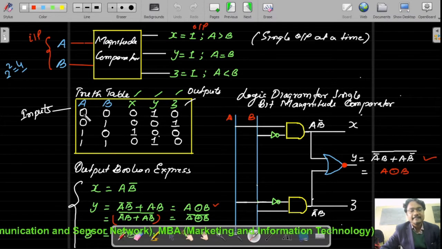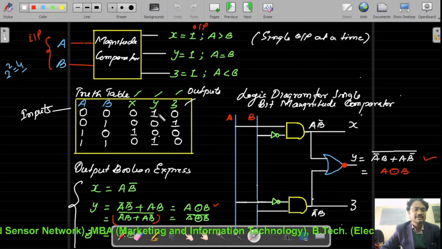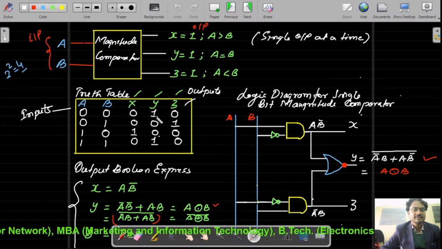For example, if A and B are both 0 0, and if A and B are both 1 1, then as per the block diagram Y is equal to 1. So we write Y is equal to 1 over here,